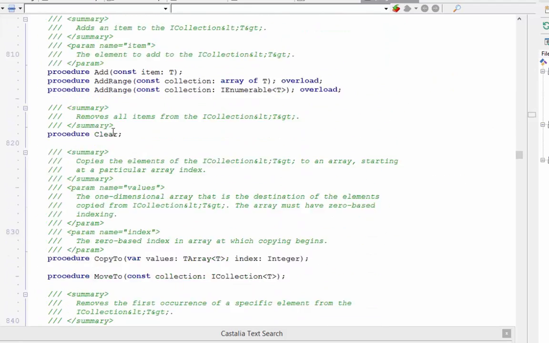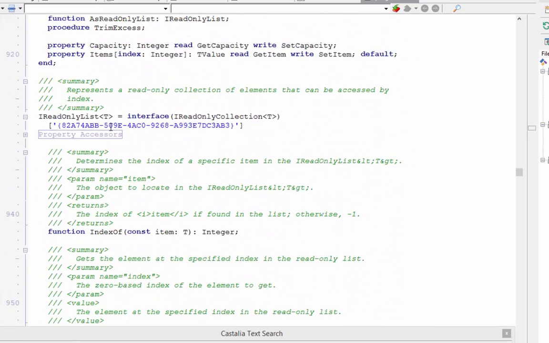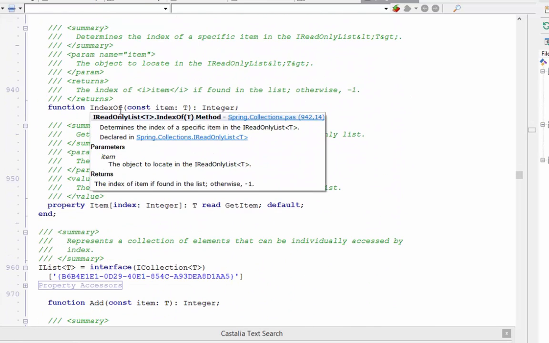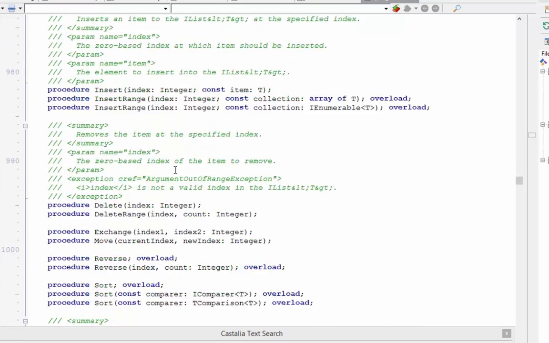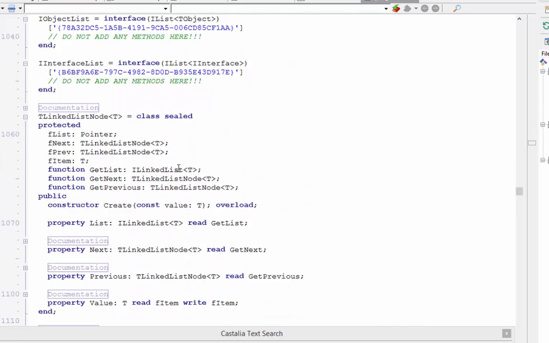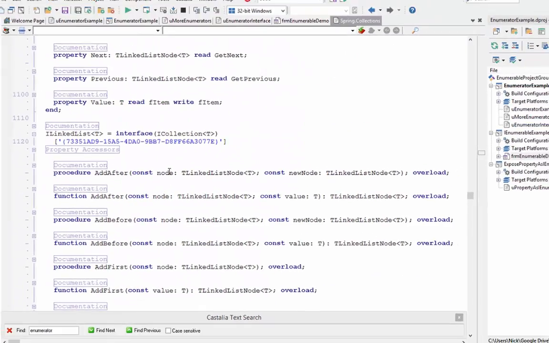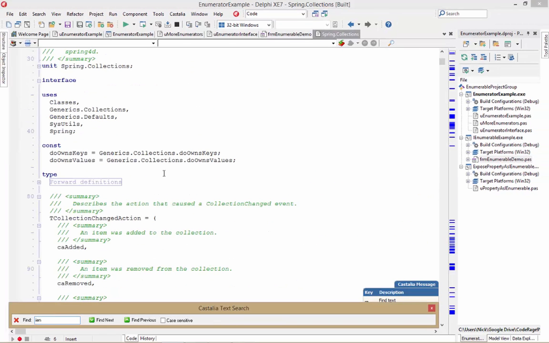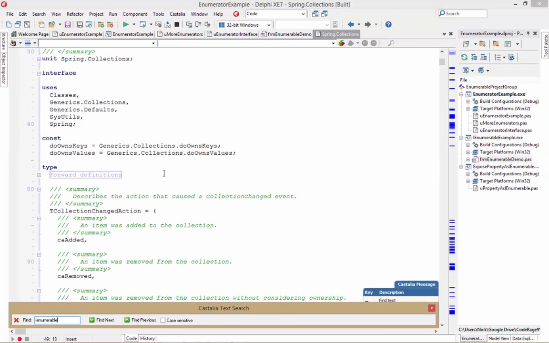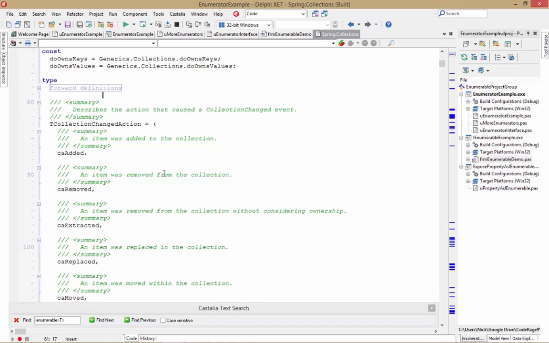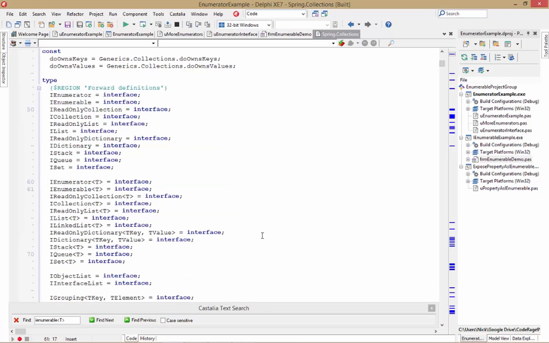Here's ICollection, and they're all interface based and implemented in subsequent units. The thing I want to take a real close look at here is IEnumerable of T, which is found here